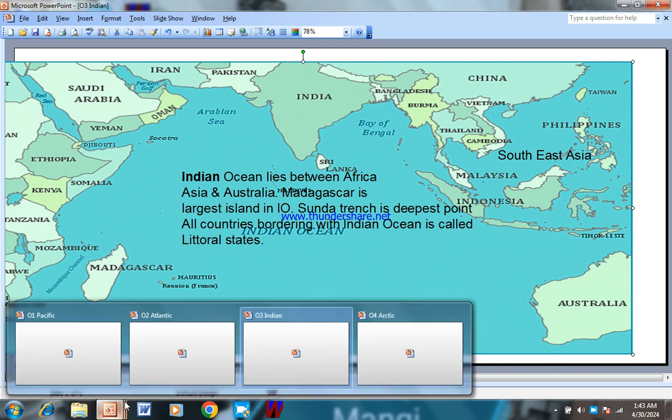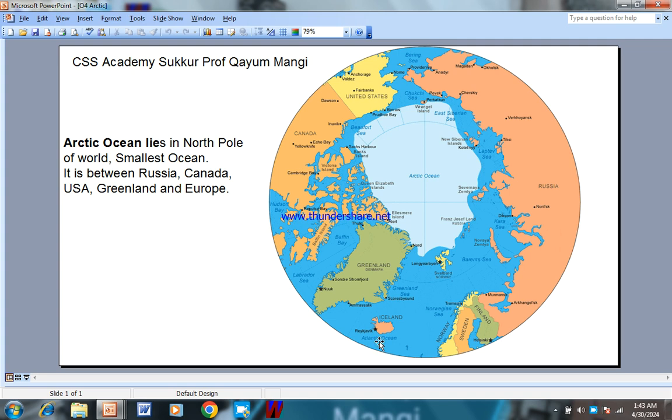Now let us move to the fourth ocean of the world, that is the Arctic Ocean, it's also called the North Pole. This is the Arctic Ocean. It is also called the North Pole of the world. It is the smallest ocean. It lies between